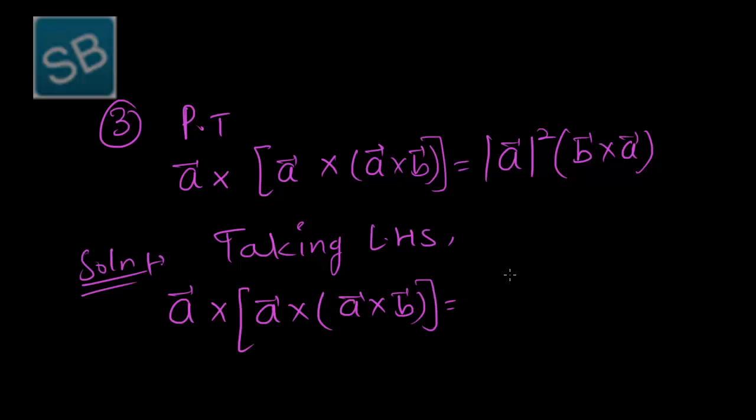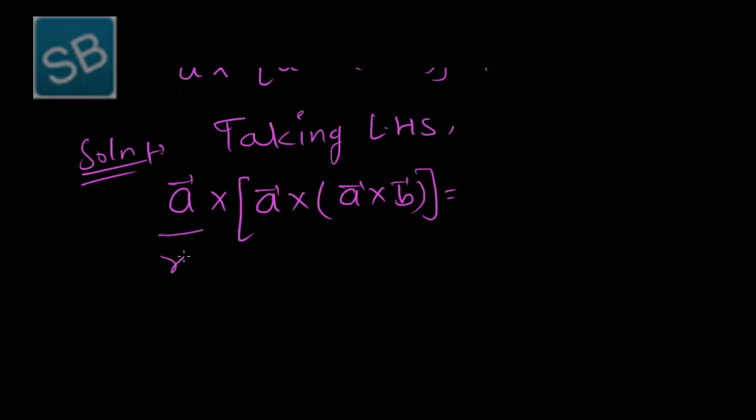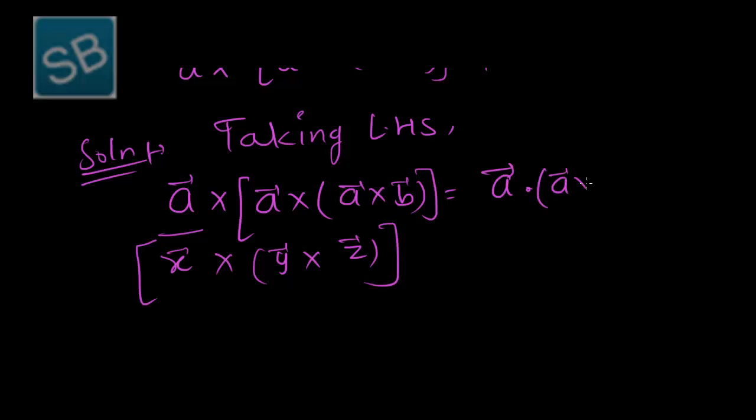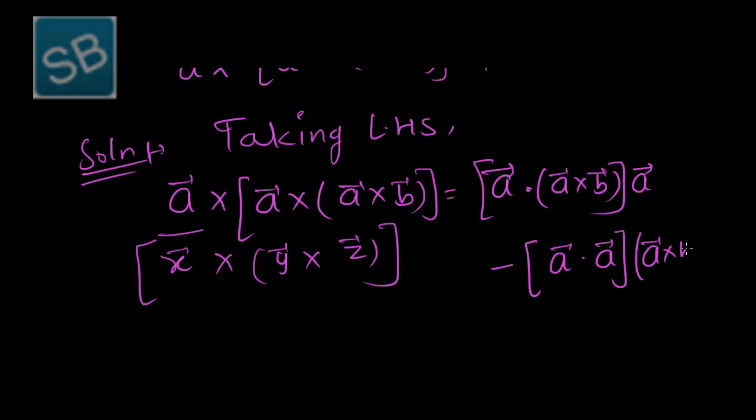So first we apply the formula with, this is considered as vector X, vector Y, vector Z. So we'll use the formula first with third, that is dot product of A dot A cross B outside vector Y minus first with second X dot Y outside vector Z. So we get,